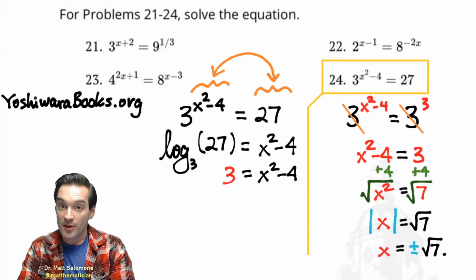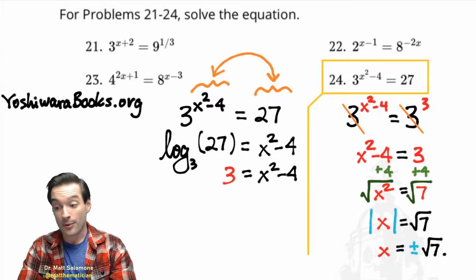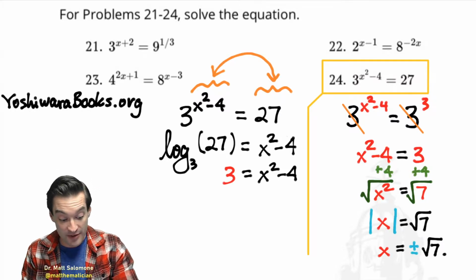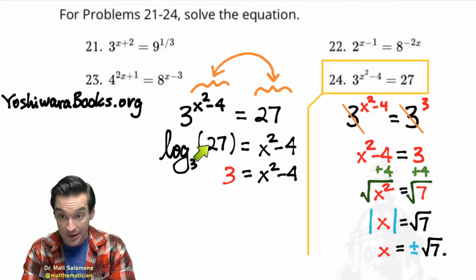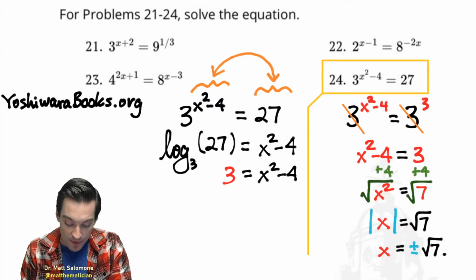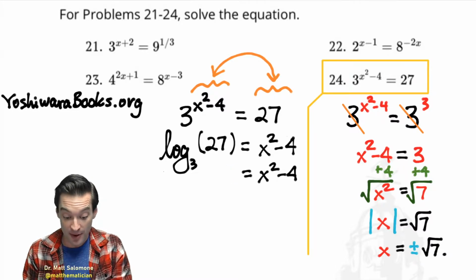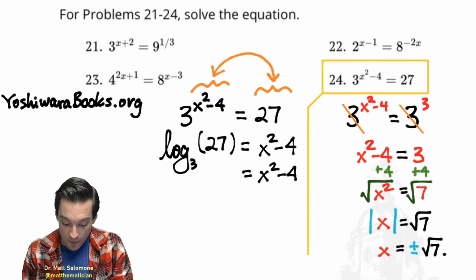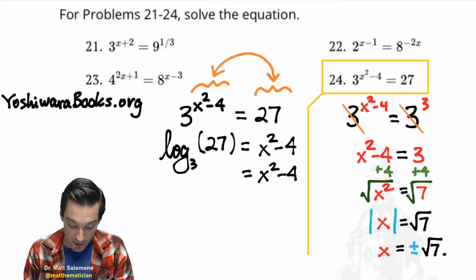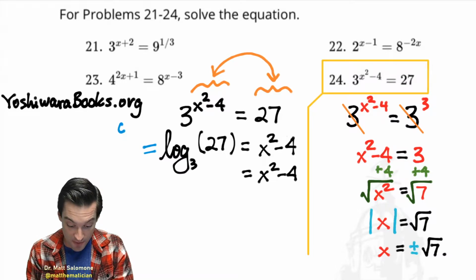But let's suppose that either we didn't feel like being clever enough to do that backwards thinking to figure out the base 3 log of 27, or maybe there's a lot of logarithms out there that we can't just do using mental arithmetic. So what would be our other way out? How else could we have gotten that base 3 log of 27? Well, here's the magic of the change of base formula once again. Right? The base 3 log of 27 using the change of base, COB,